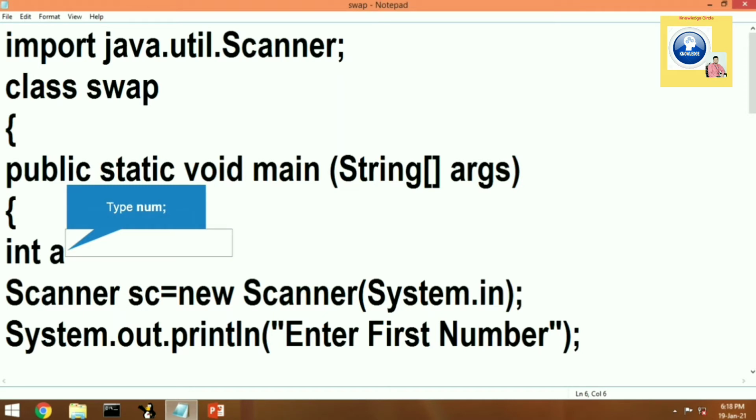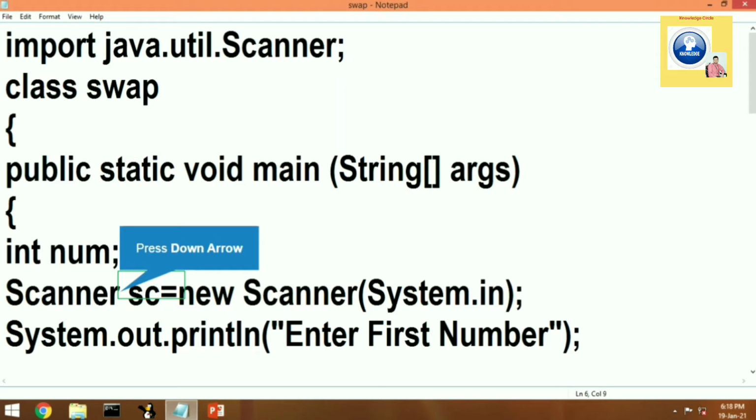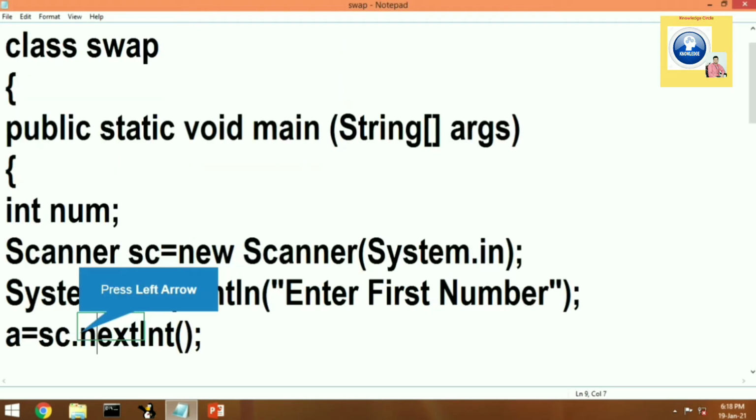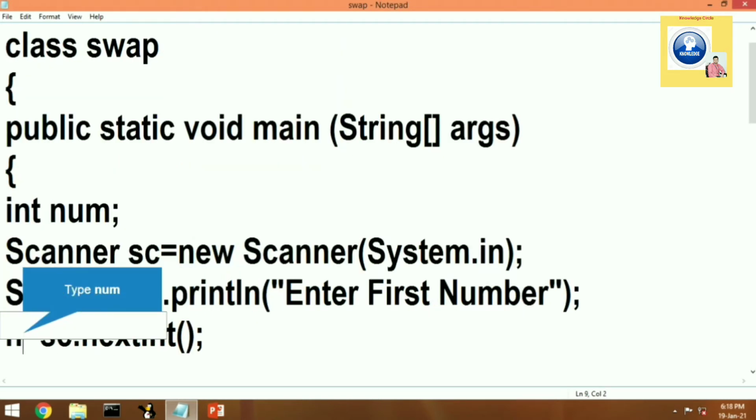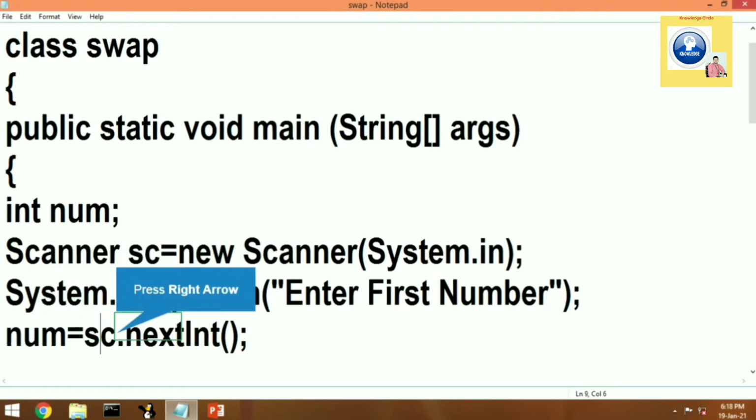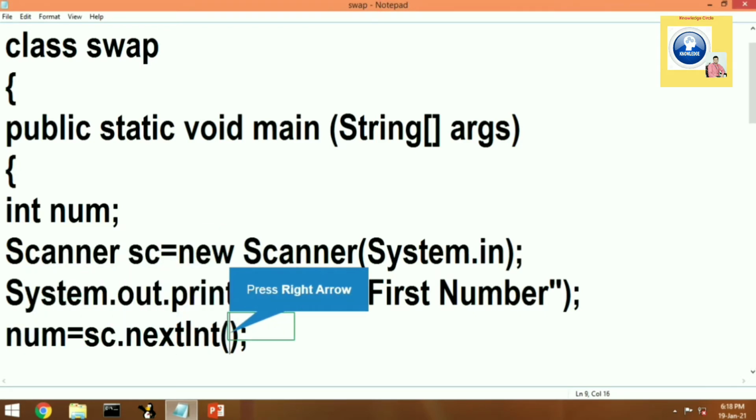We have to give a name to the class. The class name we will give later on. After the class name, opening braces, the scope of the class, then the main function, the most important function of the program. Then again opening braces. From here the scope of the main function will begin.